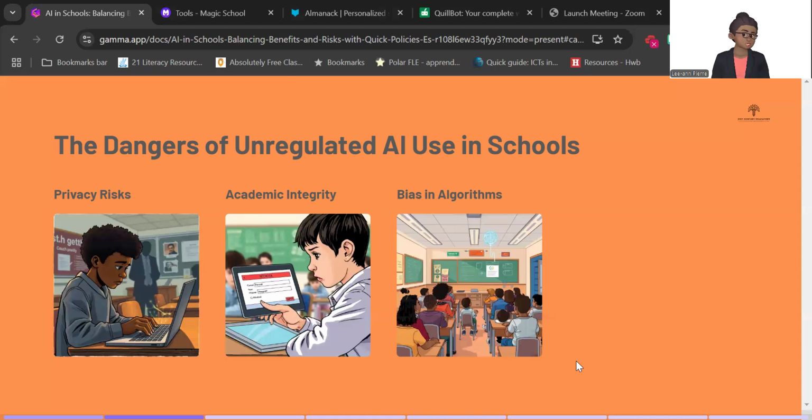And lastly, there's bias within the AI algorithms, which can lead to problematic outcomes. AI models are trained on large data sets that may contain biases. And if we use them without review, these biases could impact how we teach, how we assess students, how students view themselves when they use the AI. And of course, there can be long-term repercussions because of these biases, which can be continued. And as educators, we know that it is very important that we also teach our students how to be discerning when they interact with any type of technology.